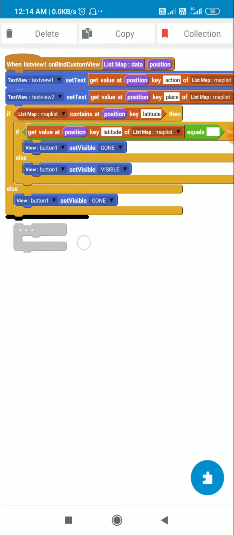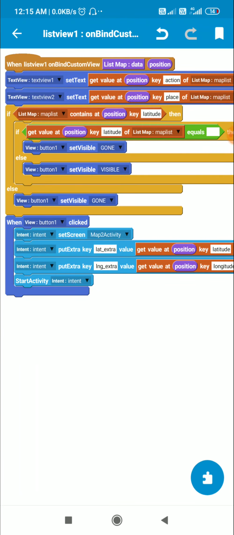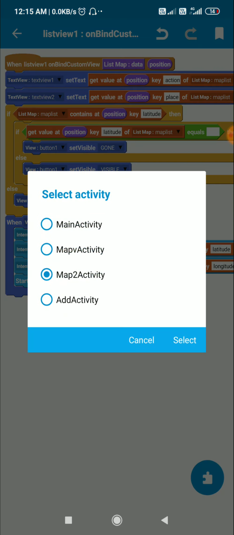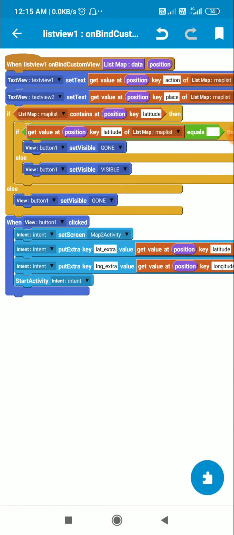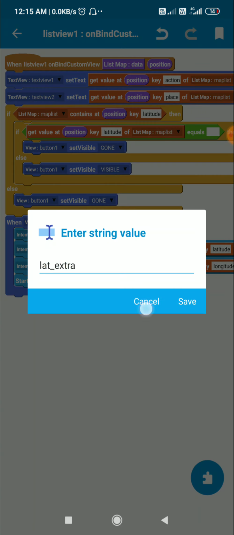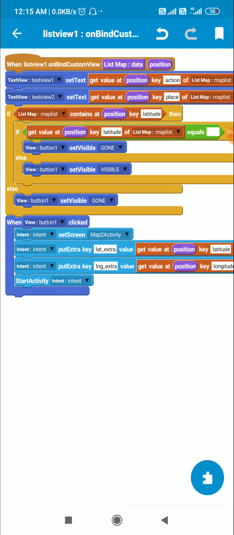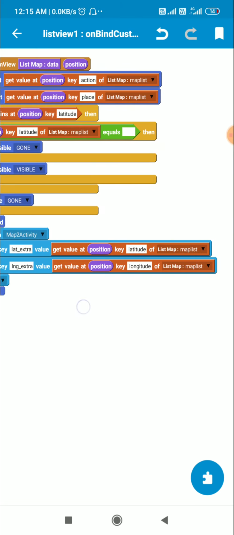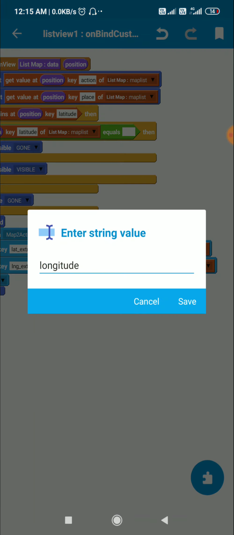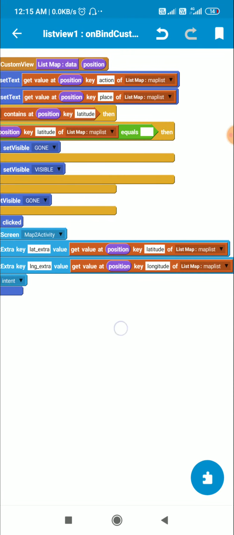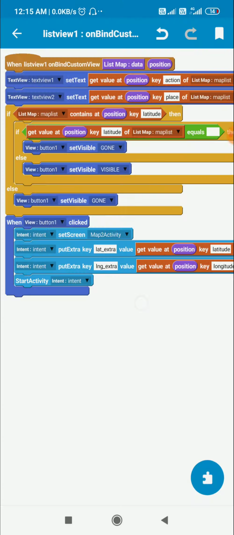Then I have this button 1 on click event where I use intent to move to map 2 activity, which is for viewing the place selected location. Okay, and here I put an extra key lat extra, which is get value at position key latitude of map list, and I put an extra key lng extra, which is get value at position key longitude of map list, and then I use this intent to move to map 2 activity.